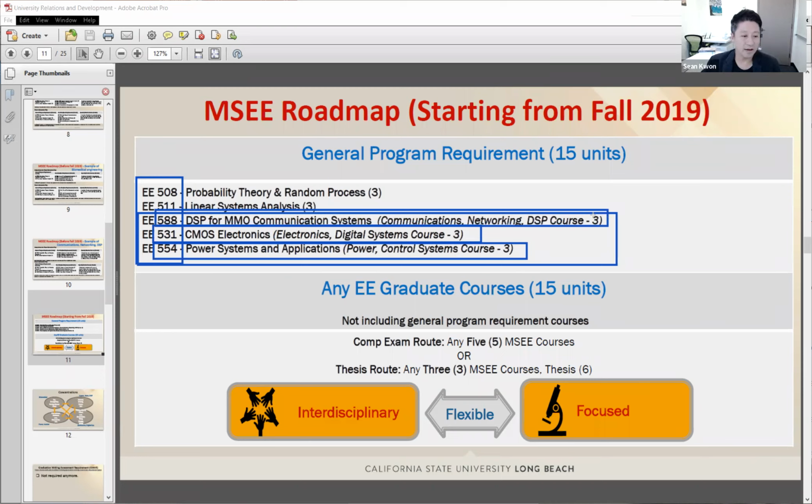So in some sense, we are pursuing some broad knowledge. Like if your track is power, 554 will be closely related mandatory class to your emphasis. On the other hand, 588 and 531 will be classes in other emphasis.